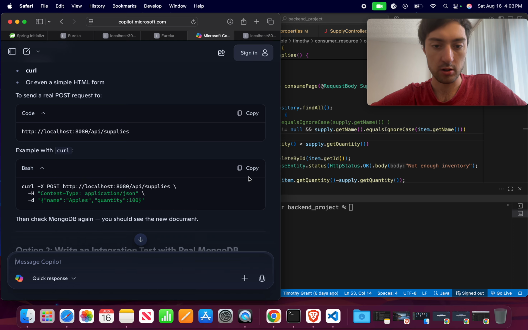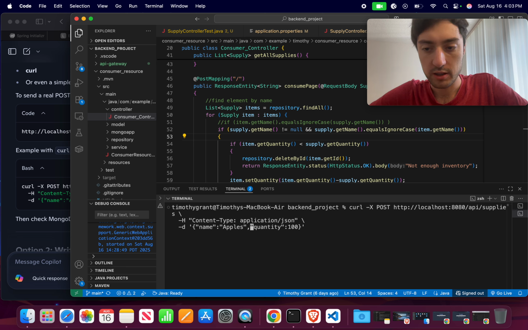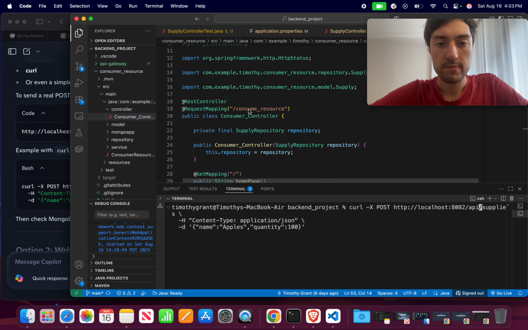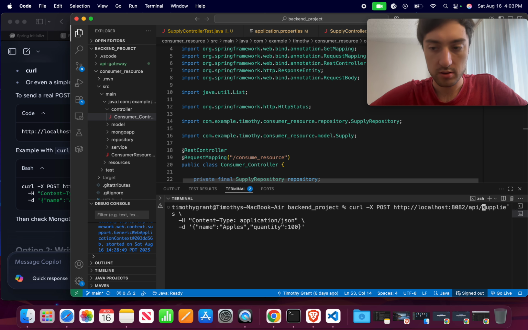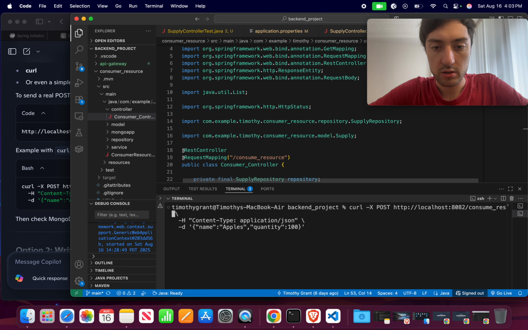Now we need to do a curl, okay, like this, and we are doing it to not 8080 but 8082, and then we need to change the 8082 and then consume_resource, okay, and then to